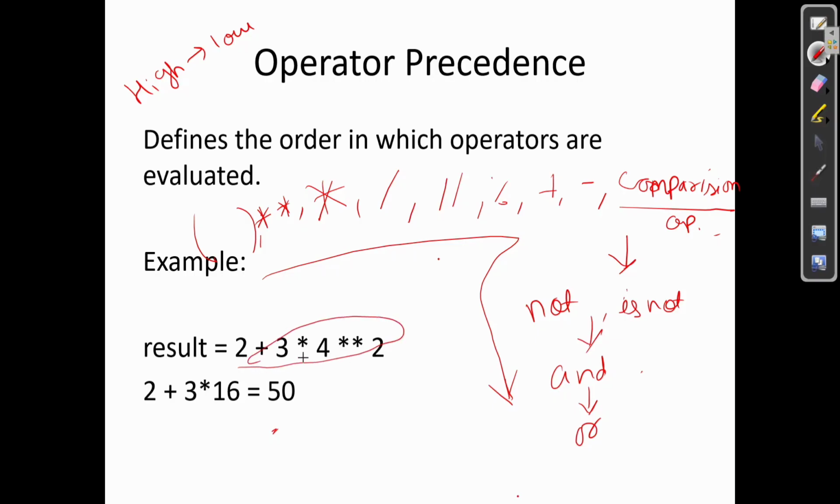like these equations. So we will calculate first what? Here plus is there, multiplication is there, and exponential. So first is what? Exponential. So here for exponential, 2 to the power 4 is 16, and then 16 times 3. So here multiplication is there. So first we will do multiplication, then 16 times 3 is 48, then 48 plus 2 will be there,